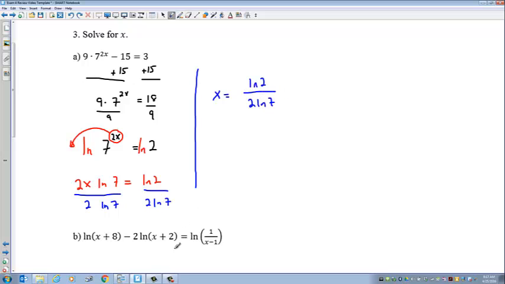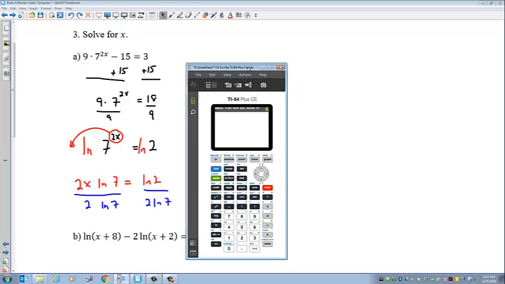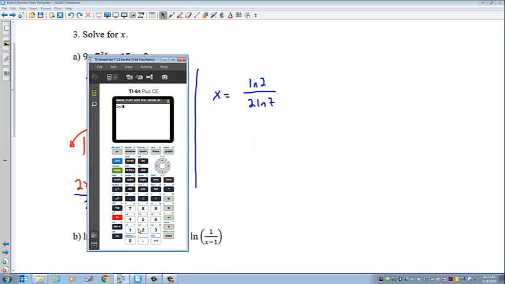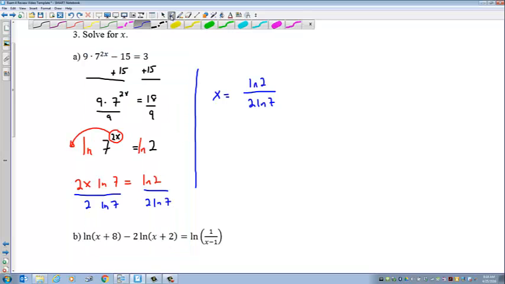We can approximate that on our calculator if we want to. So we can take ln of 2 in parentheses and then divide it by left parenthesis 2 ln of 7 in parentheses, and hit enter, and we get our answer. Remember, you have to put an extra set of parentheses around that. And so here we get 0.178. Let's do 3 decimal places. So approximately